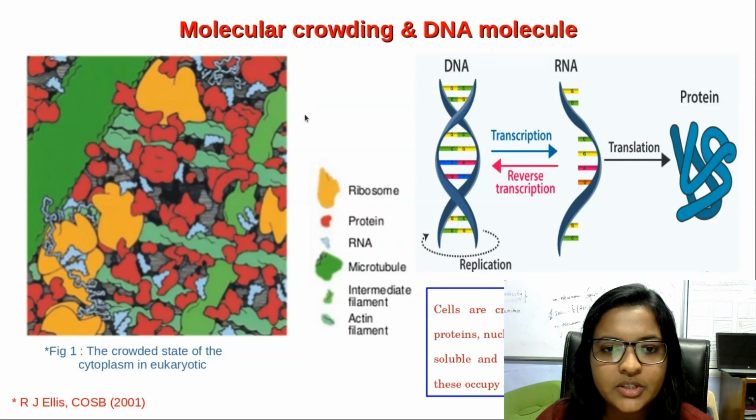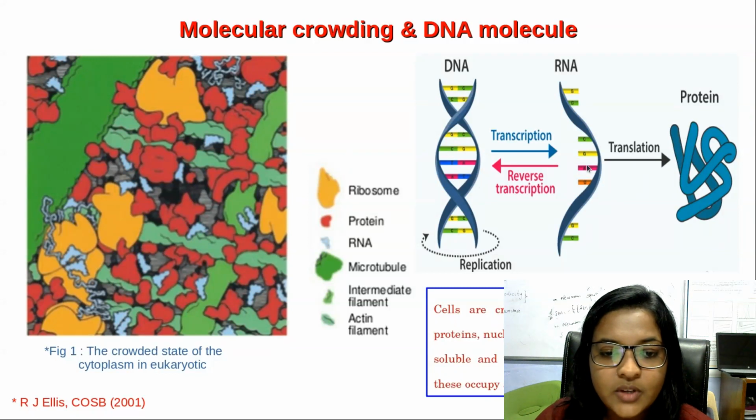First I will start from the introduction part. As we all know, a cell is the building block of living organisms and the nucleus is the basic and central part of each cell, and it contains a large number of biomolecules like proteins, nucleic acids, lipids, etc. The entire volume of the cell is occupied by soluble as well as non-soluble biomolecules. These molecules restrict the free space for the movement of other molecules, hence we can say that the cell is a crowded solution. Among all these biomolecules, my topic of interest is DNA, and I will discuss more about DNA melting.